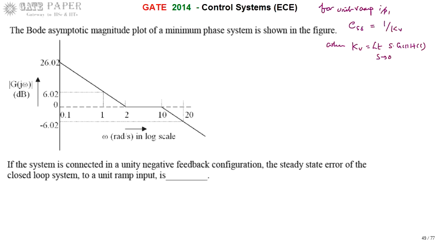For stability of the system, poles must be in the left half of S-plane, but there is no such condition on zeros. Zeros can be on the right hand side also, but the condition is all the poles must be on the left half of S-plane. For a minimum phase system, not only poles, zeros also have to be on the left half of S-plane. Then it is called a minimum phase system. Now we'll come to this Bode magnitude plot, and we'll get the transfer function.